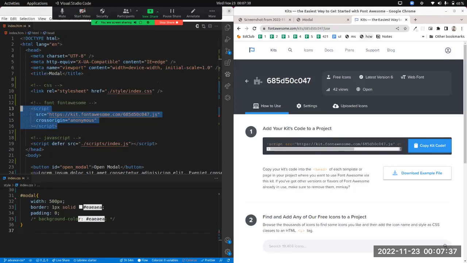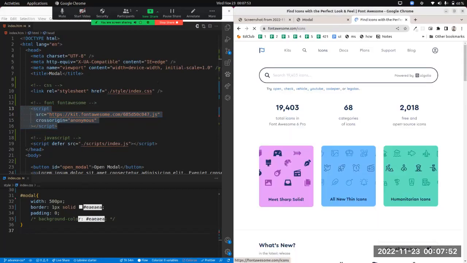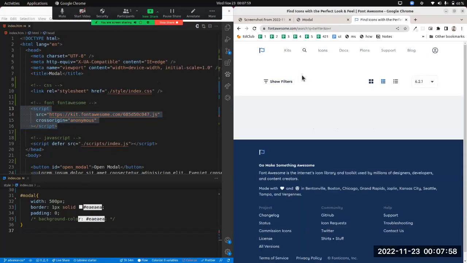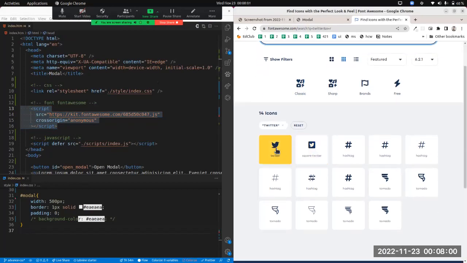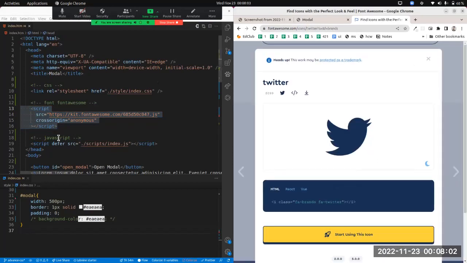So when you use Font Awesome, you need to paste it in the head section of your HTML file. Then you can use any icons of this website. So if you search it here, it will show the icons, and you can copy and paste them on your